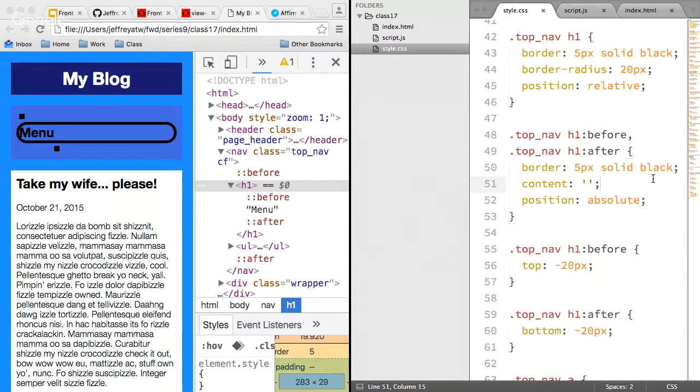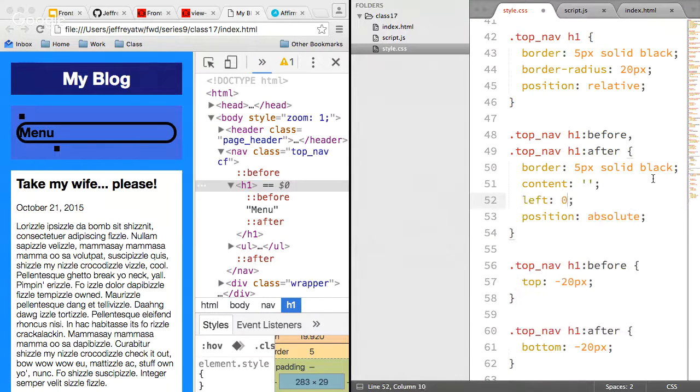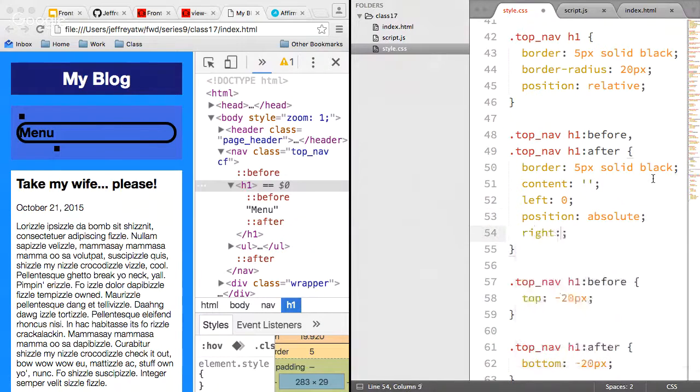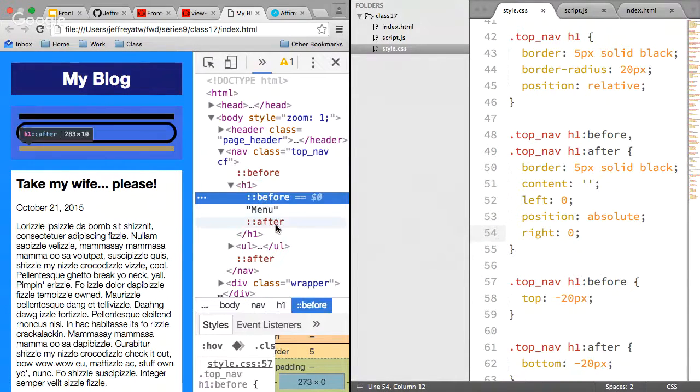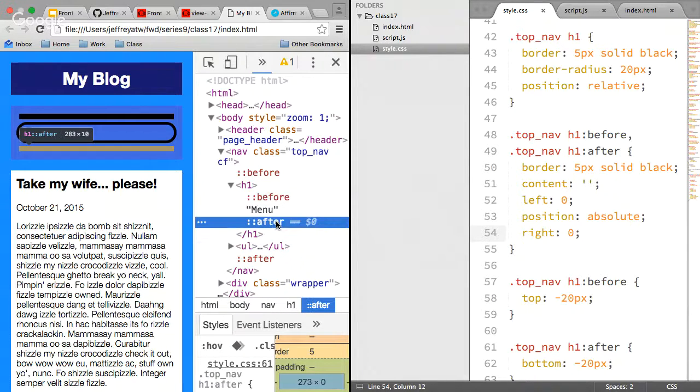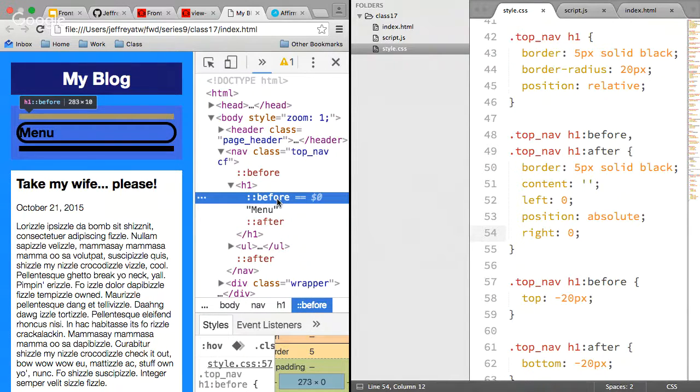Then we want to have both the before and the after have a left and a right of 0. Stretches them all the way across. If you give absolute positioned elements 2 offsets on the same axis, like left and right or top and bottom, it simply stretches them all the way across. It's kind of the same as doing width 100%, but this is better because in this case, as you saw, without these before and after properties,